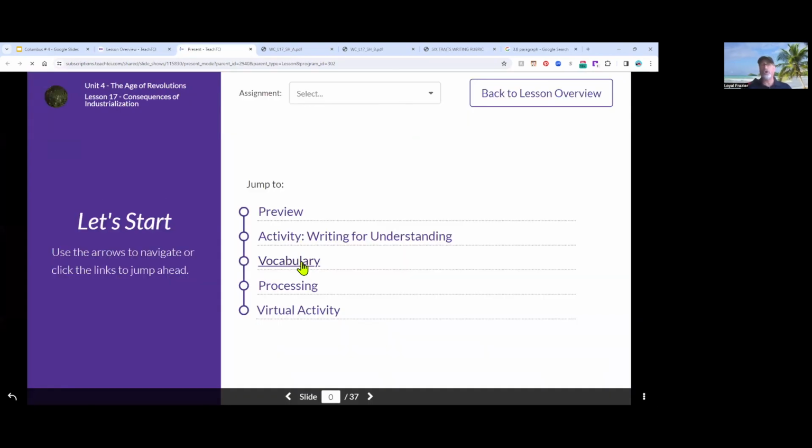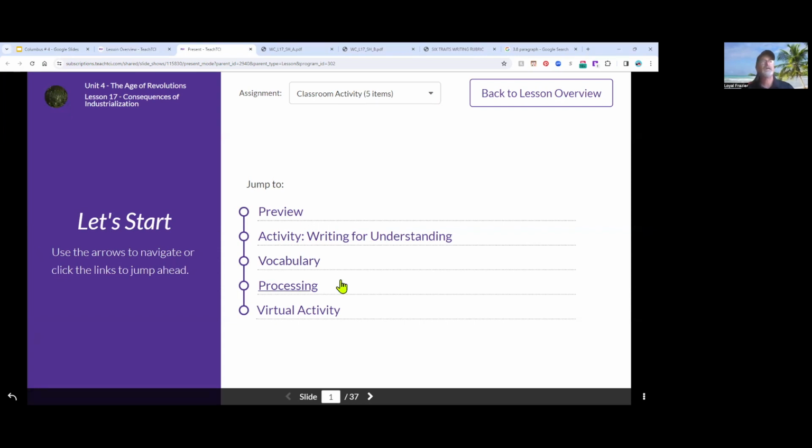So I'm going to jump in. All the pieces to a TCI lesson are there. So if you are new, a quick review. Every lesson has a preview that is short and accesses prior knowledge, and segues into the activity. It has the activity, which takes the bulk of the time in a TCI classroom. And we always cover vocabulary, which I'll skip today. We always have a processing assignment that takes what's learned and does something with it to hopefully cement that into